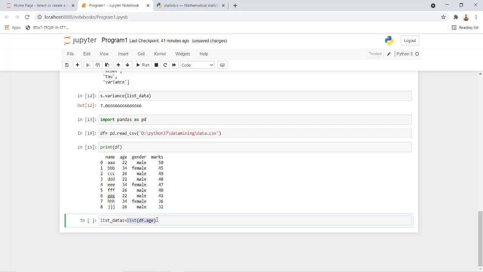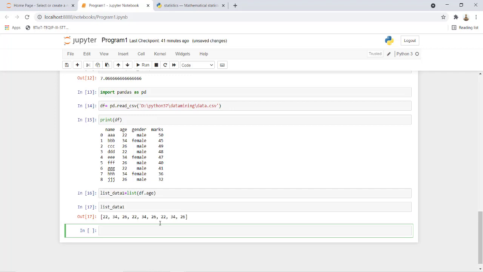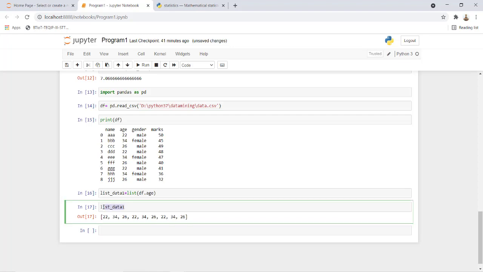Now the result of this is a list, and that will be stored in list data 1. Let us execute this and see the result of list data 1. Now here you have the age in the form of a list. You can see 22, 34, 26, 22 and so on, 26. Now I got the data in the list format.